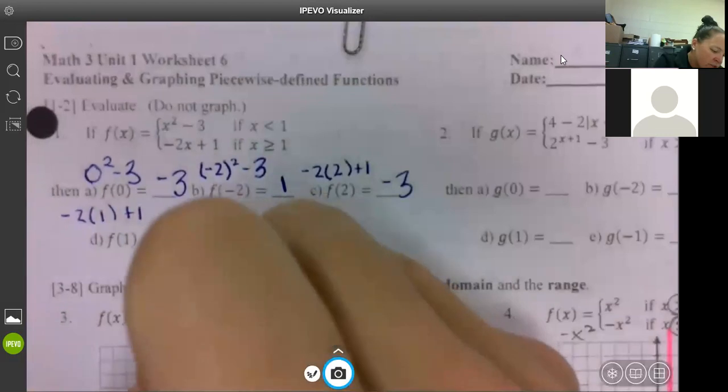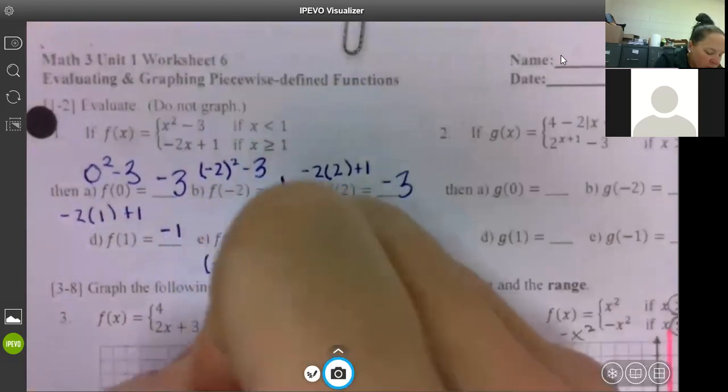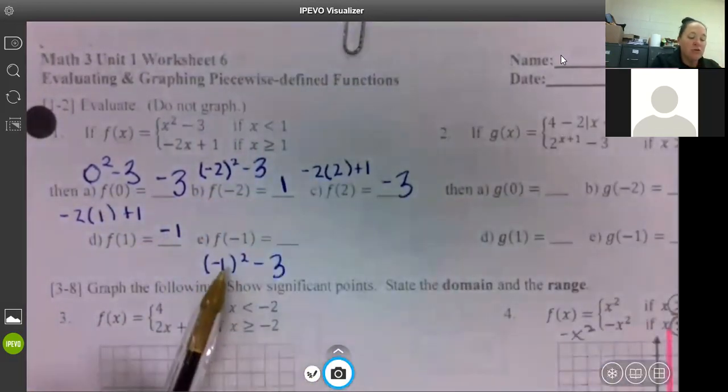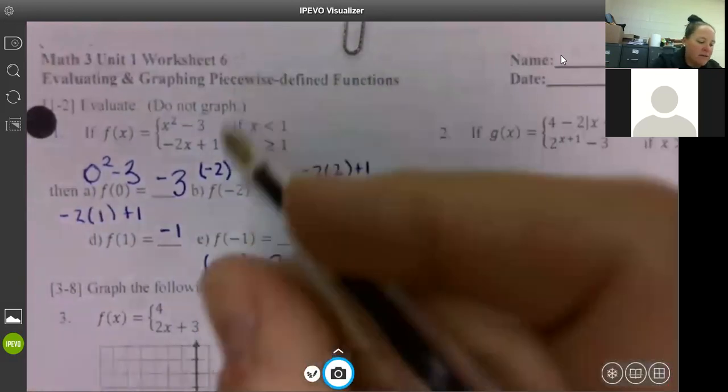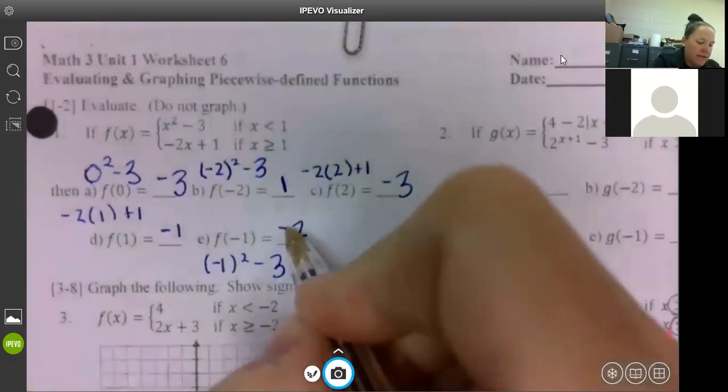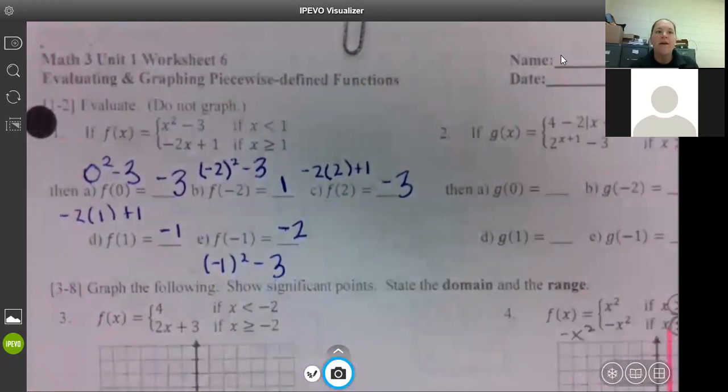So here's another one just the same. Negative 1 squared minus 3. That gives you positive 1 minus 3 is negative 2. If you do it in your calculator, put parentheses. Are there any questions on evaluating? Your evaluations looked good until you got fractions, and most of you did fine with it. The one,